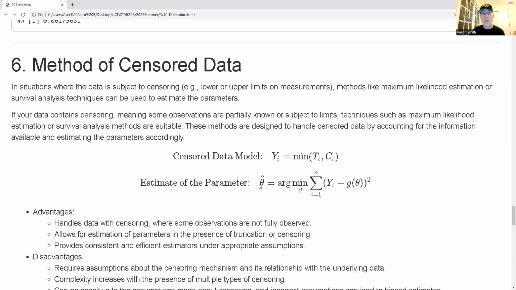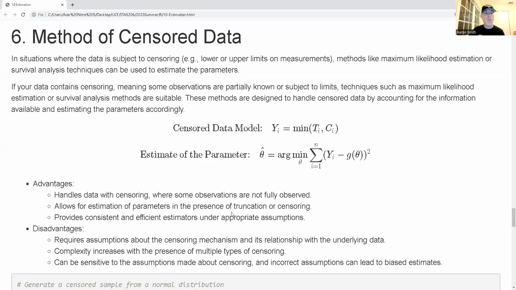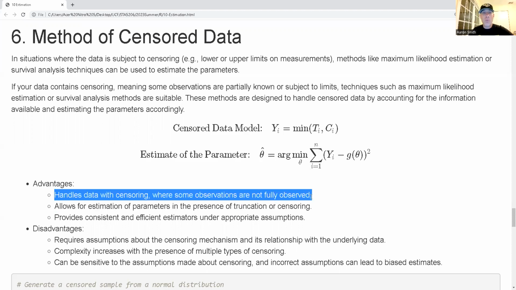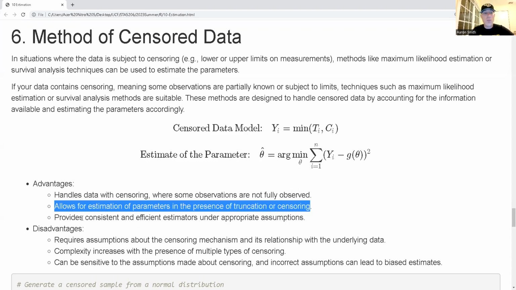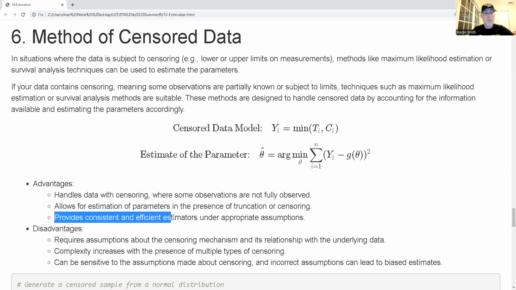And we want to estimate the theta value. All right, so advantages. The method of censored data handles data with censoring, when some observations are not fully observed. We know that they're greater than or less than a known value. This allows for estimation of parameters in the presence of truncation or censoring, and provides consistent and efficient estimators under appropriate